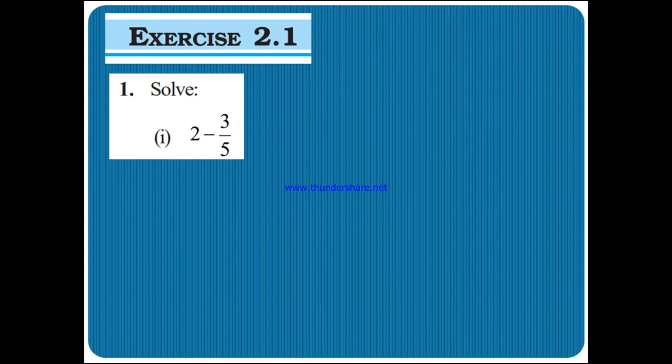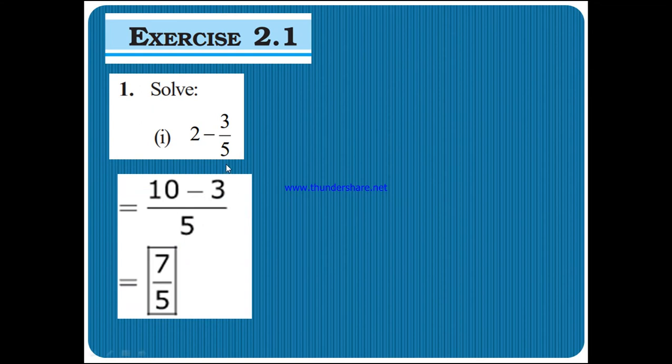To subtract this, we are going to use the short method only. See the steps, children. You just copy the denominator, same denominator 5. Like this, when you get a whole number minus a fraction, or a whole number added by a fraction, shortly you can simplify this. Bring the denominator 5 here. Actually what it means is 2 by 1. Like that we are taking, by the LCM method, but we are doing it shortly. That's why just bring down the 5, that is the denominator.